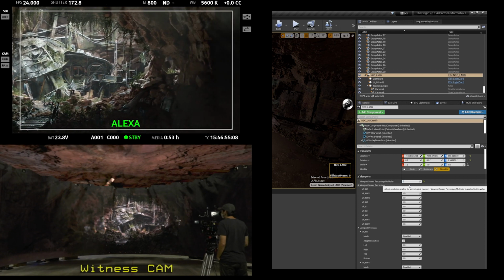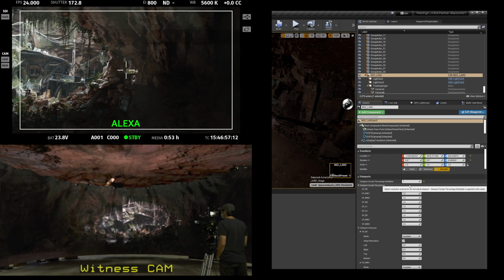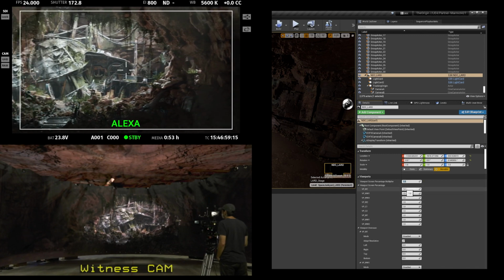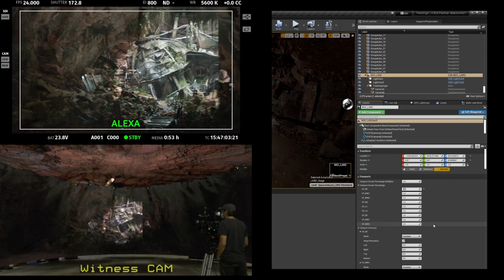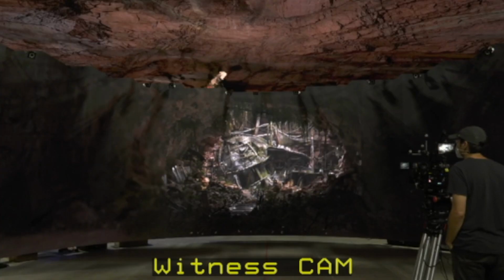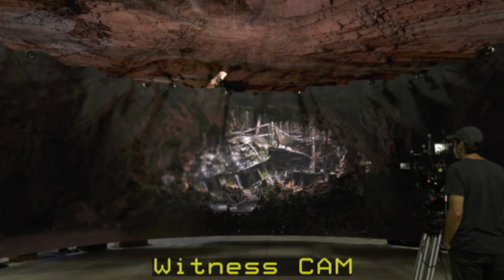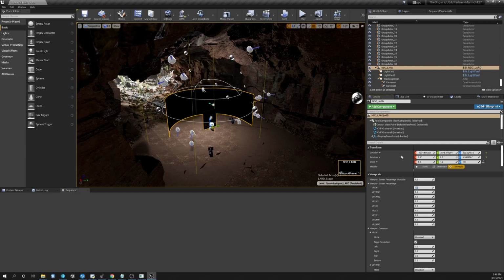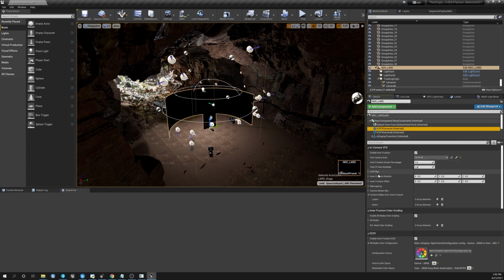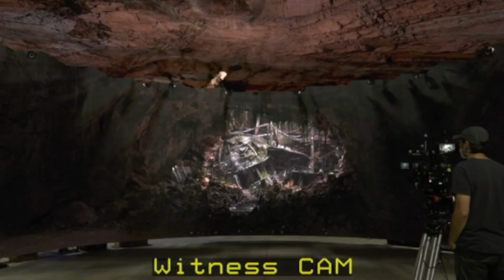Or we can control it individually on each frustum. So let's say we want to do just W1, the left side of our wall here, down to 0.1, so that we've lowered the resolution of the left side of our wall while maintaining the right side. This is also able to be done on the inner frustums by going to the respective camera component, looking for its inner frustum screen percentage, and making the adjustment there.